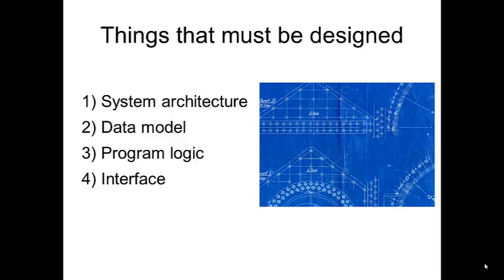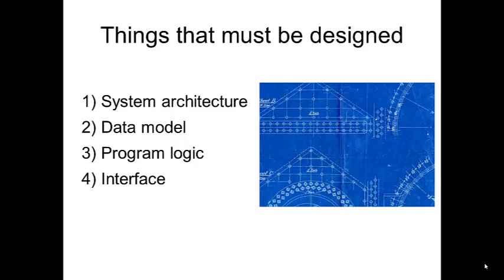So there are a lot of different things that you must design in a system. And one of them that we saw the last couple of weeks is the system architecture. Somebody has to decide what the architecture of the system is going to be. What software components and hardware components do you need to put together in what particular way to meet the requirements